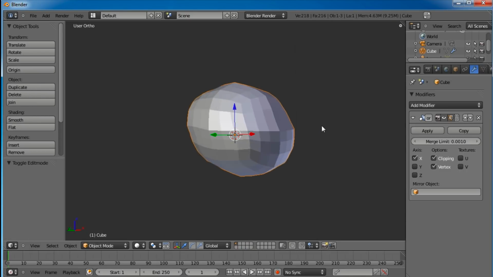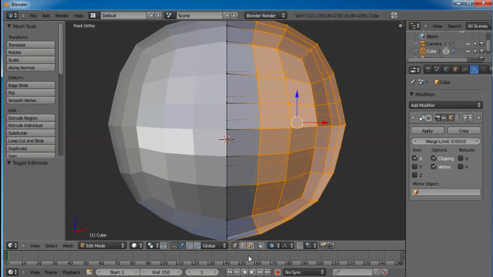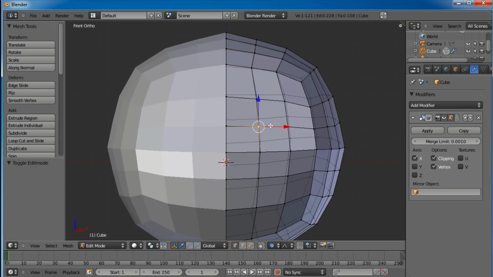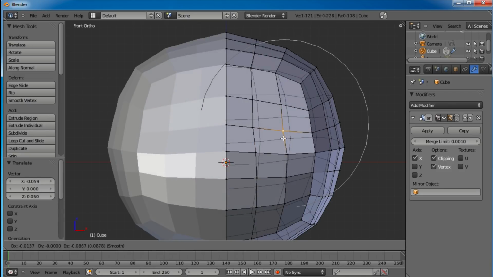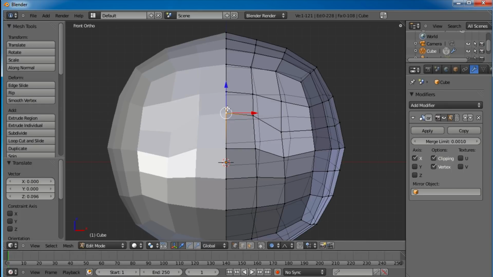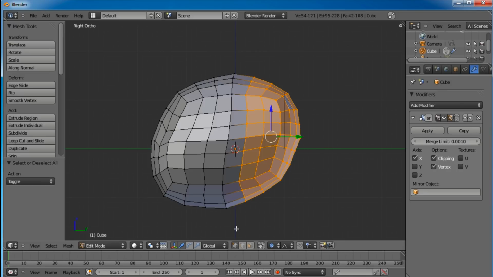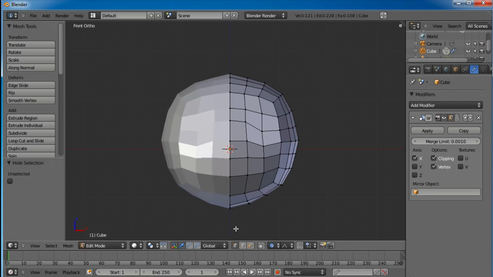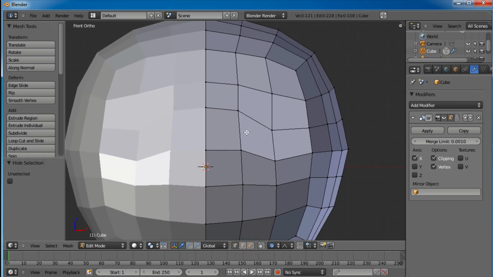Okay, so let's go ahead and start on the nose and mouth area. Tab into edit mode. And what I like to do when I'm box modeling is I kind of give it a sort of a surgical mask type of shape. So one thing I can do also is select all these guys back here and go ahead and hide those. So when we're working on the front, we don't have to worry about selecting them by